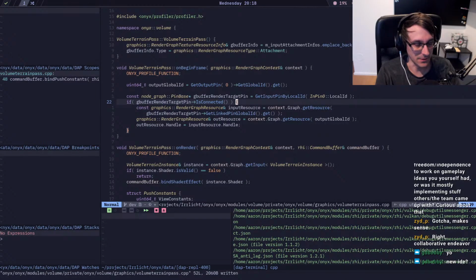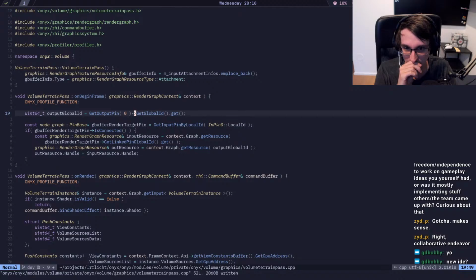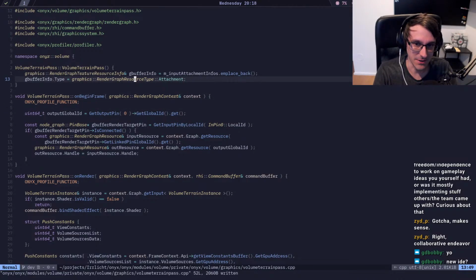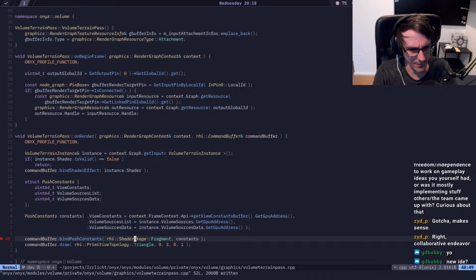Yeah, that's on the list of 0. Well, I'm not sure if I can do that in 0.6, but yeah, the render graph is a little bit of a hack between an old system and a new system, and now it's a little bit all over the place. Okay, but that kinda